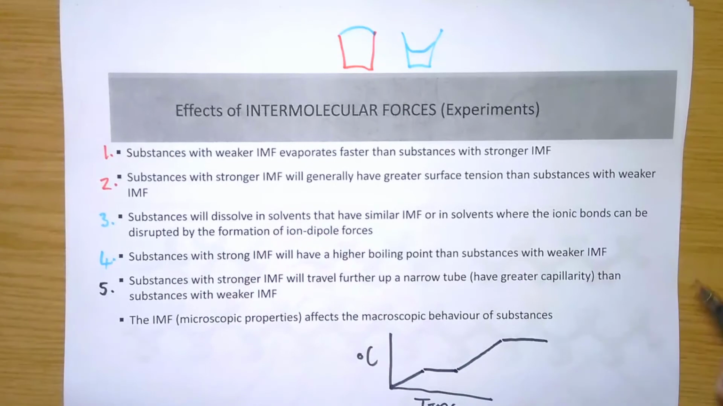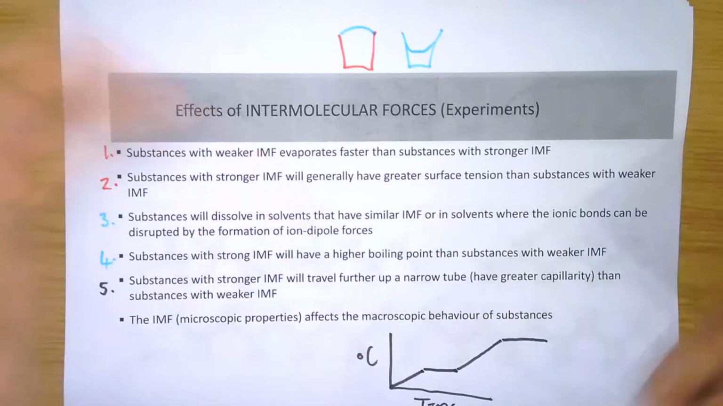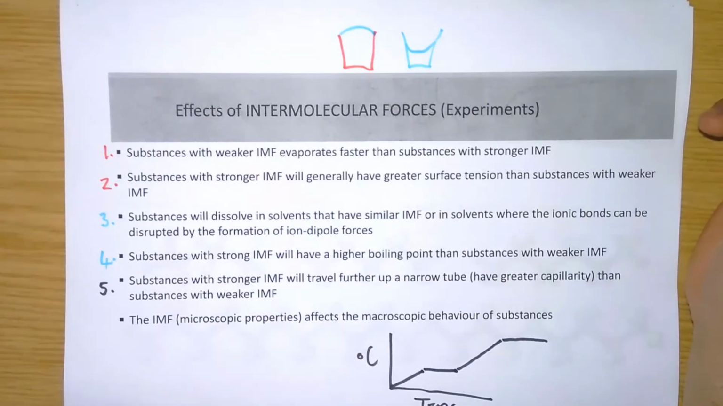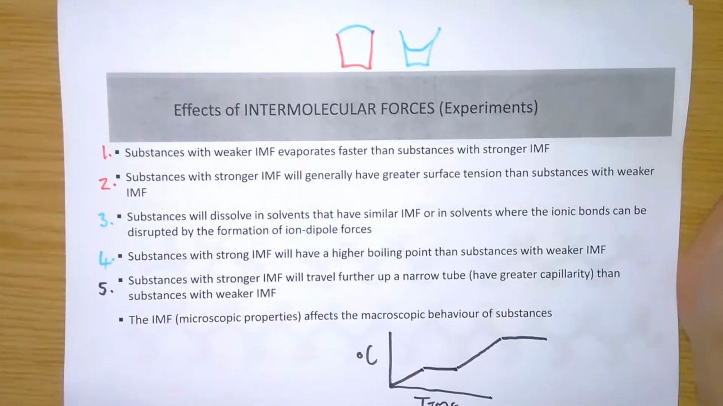Number 5 then. Substances with stronger intermolecular force travel further up a narrow tube. Now this is what we call the capillarity effect. This has got to do with two types of forces: cohesion and adhesion forces. Cohesion forces is the forces trying to keep the actual liquid together, which would be, in the case of water, the hydrogen bonding. Adhesion forces is the forces between the liquid and the sides of the